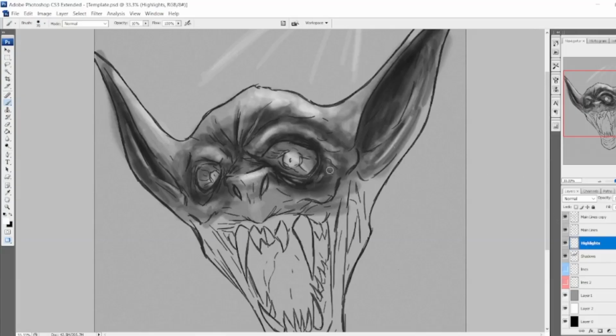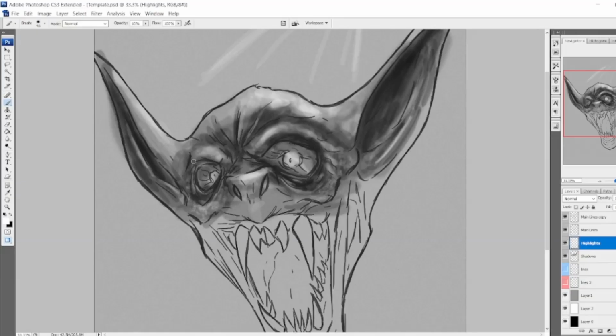I would make another highlight layer, layer 2, and I would use that for finer, smaller details like eye shine, skin shine, like if skin's wet. Or I would make another shadow layer 2 if I want to add in some deeper, darker shadows. But like you can see, I'm just tapping my pen tool to give it texture, because living creatures do